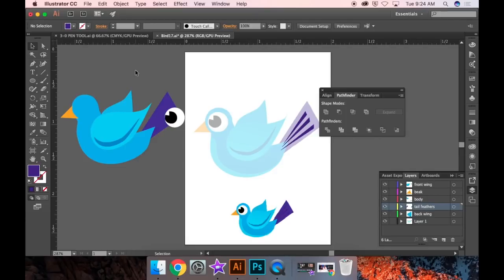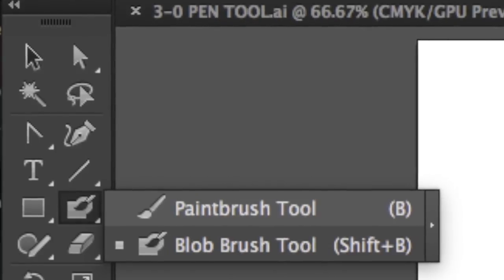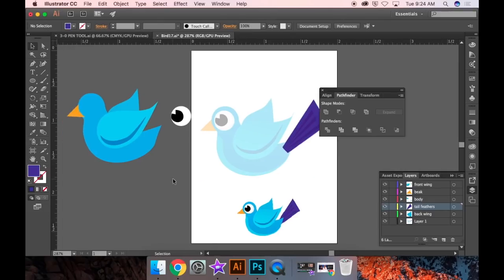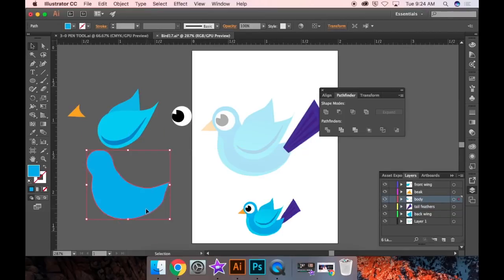Now we have all the pieces drawn. We just have to put the highlight design on the bird's belly. So for this, we'll use the blob brush. But first, start with the black arrow. With the black arrow, move the body of the bird down,